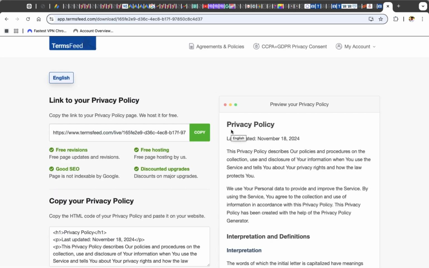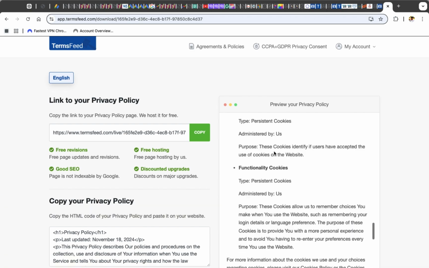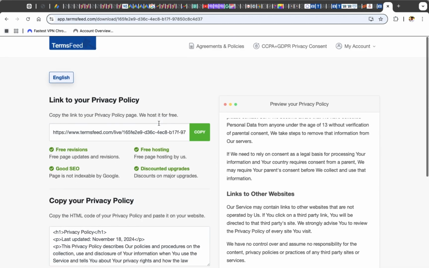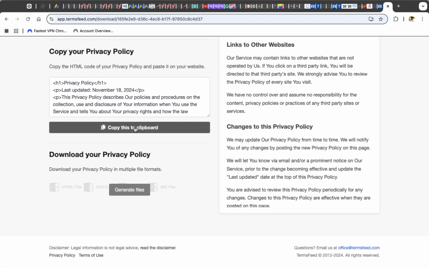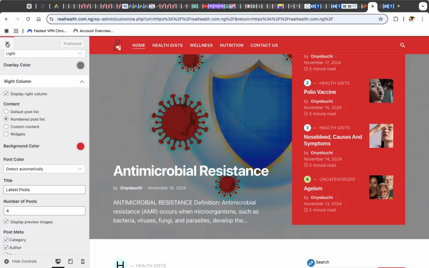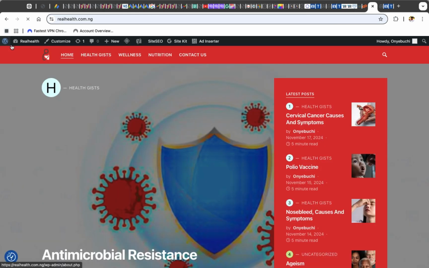Here you can see my privacy policy is ready. You can see the preview here, and the next thing you do is to come down here and click copy to clipboard. Then immediately you move to your website. So this is my website, and I moved to the home dashboard, and you can see I was customizing my site. So when you get here, move to the dashboard,